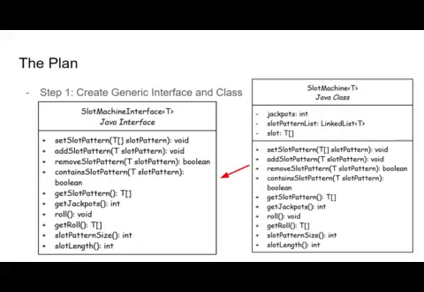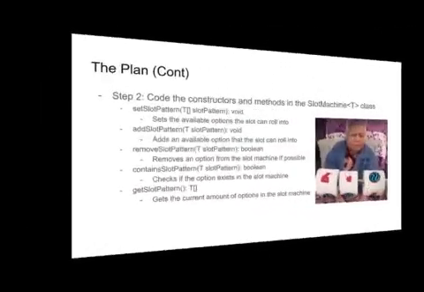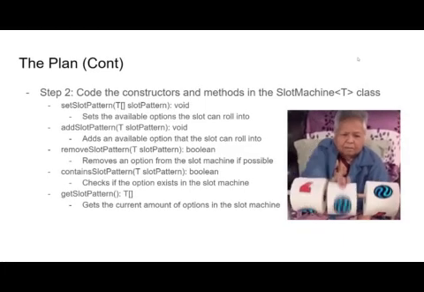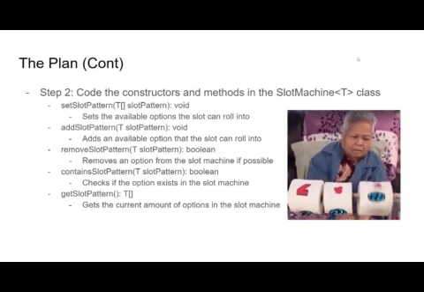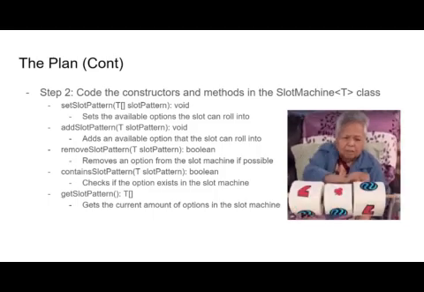Here is my UML for my slot machine interface and class method. The slot machine holds 3 attributes, those being the number of jackpots obtained, the patterns in the slot machine toilet paper rolls, and the amount of toilet paper roll slots. The next step is to code my methods. Here are the general ideas of how my methods work. I will explain these methods later.